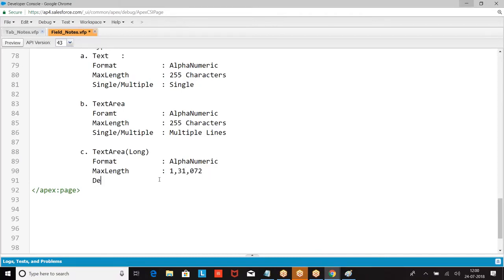Default 32,768. Single line or multiple line?